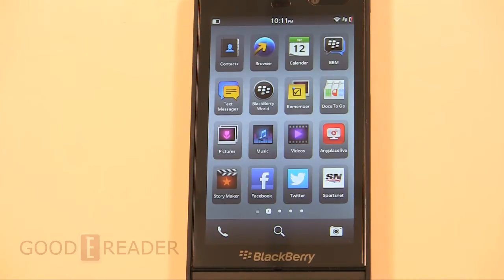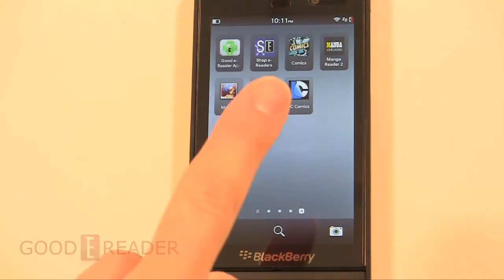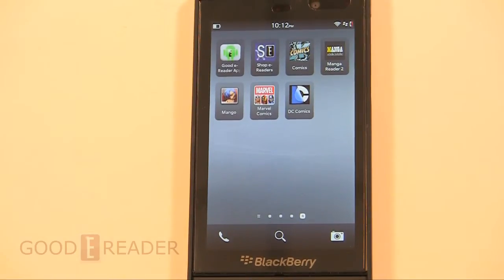Today we're going to show you the top 5 comic reading apps for your Blackberry Z10. As you can see, we have quite a number of them here, and none of which are available through Blackberry World, which is Blackberry's official app store. It's only available through